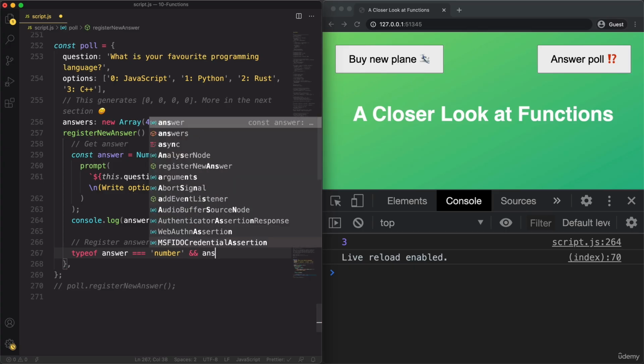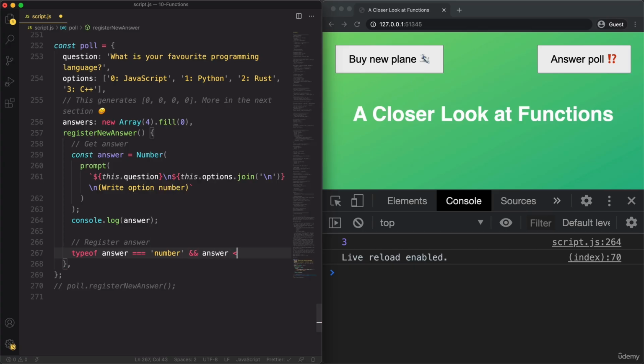And we also want to know if the answer is below the length of this array, basically, right? So if the answer is 10, then that doesn't make any sense, and so it must stay below the length. So the length here is 4, and so the max reply that we accept is 3. So answer needs to stay below